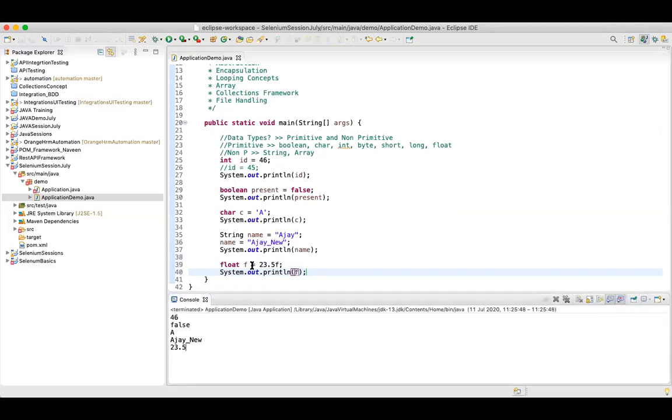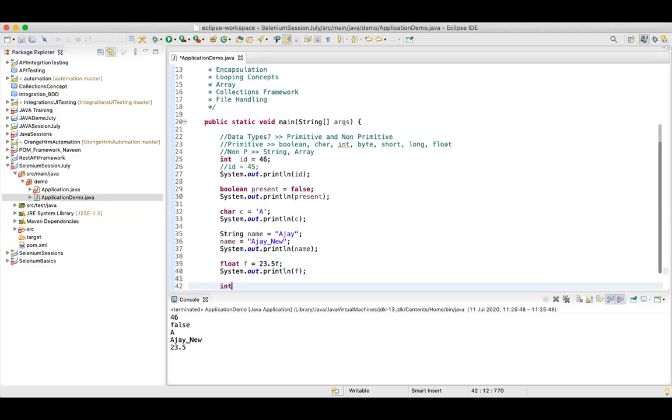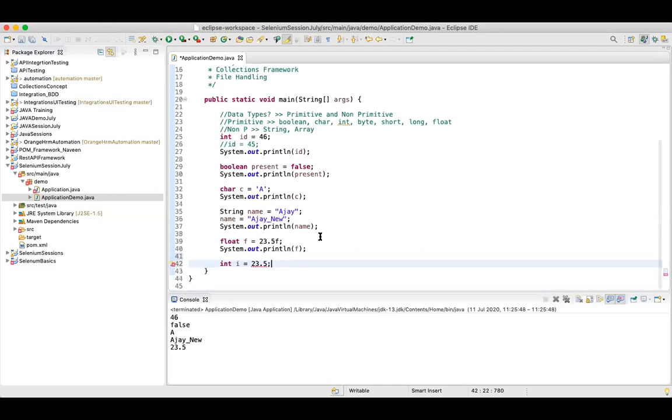If you want to store this value, 23.5, and instead of using float you mistakenly used int to store it, then the system gives you a compile time error. Can you see? It is simply saying this is a type mismatch.